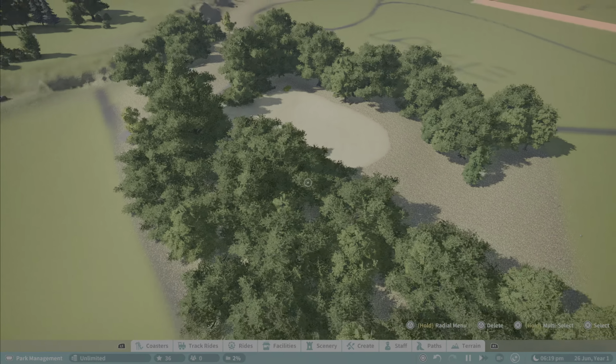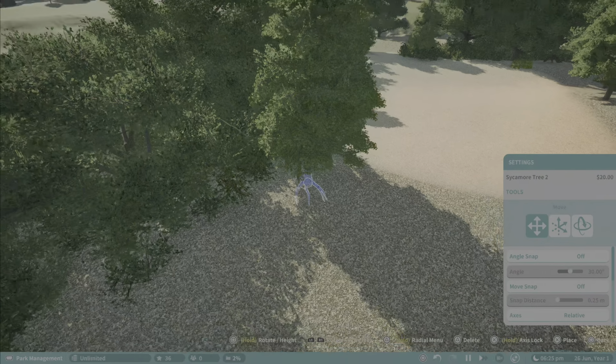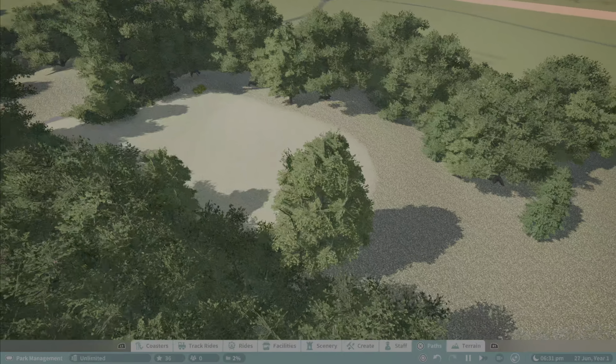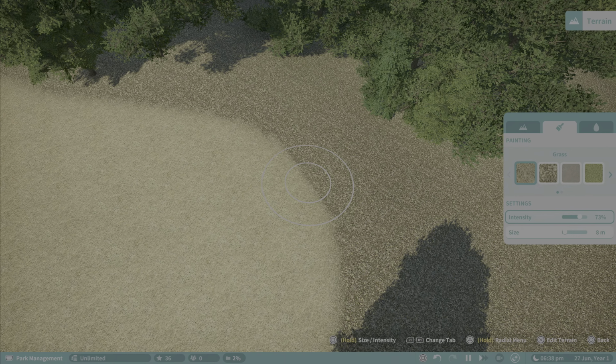So I'm about 1 hour in at this point, putting down all these trees individually, making sure they're differing heights, making sure they're all rotated, and just building this little car park here as well. So the idea being that people will be able to come here and park the cars, walk the dogs around